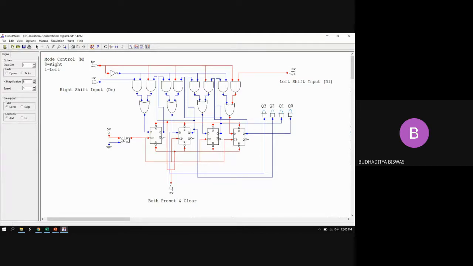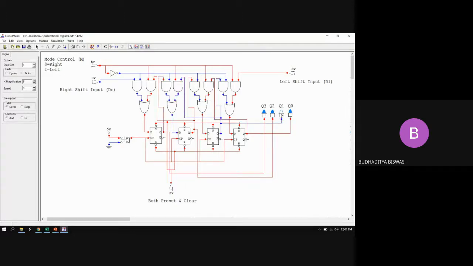So that means if I give a clock pulse here, then this one is actually stored inside this one. Then again, next clock pulse, another one is stored here. If I give a 0 here, give the clock pulse, a 0 will be stored here. If I give a 1 here, give the clock pulse, another one will be stored here.